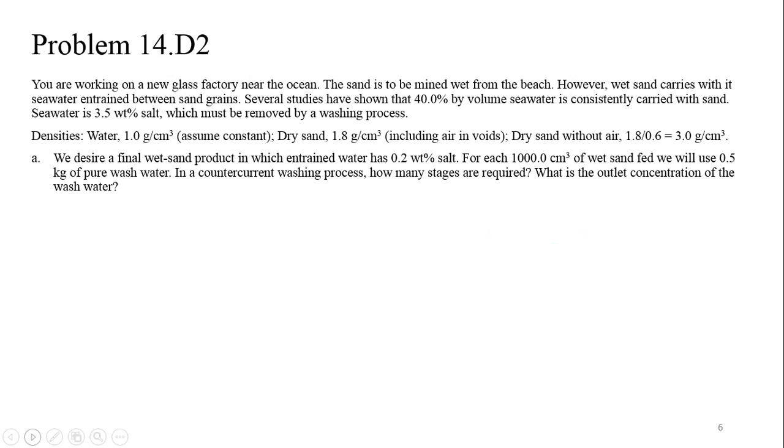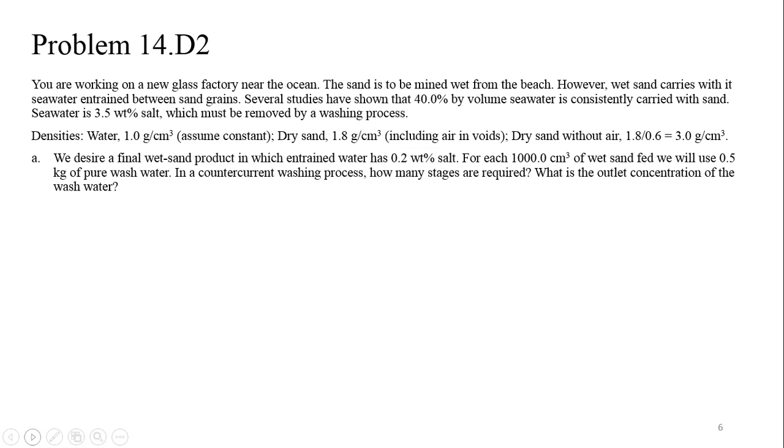Okay, so let's go ahead then and work on a problem. Let's suppose that the setup is that you're working on a new glass factory near the ocean. So you're going to use sand that comes from the ocean, from a beach. It carries with it seawater. Seawater has a certain amount of salt in it, and you want to remove that. We're given some information here. The density of water we'll assume to be 1. The dry sand, if you just take the sand and account for all the voids within it and so on,